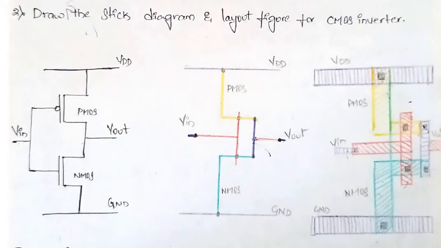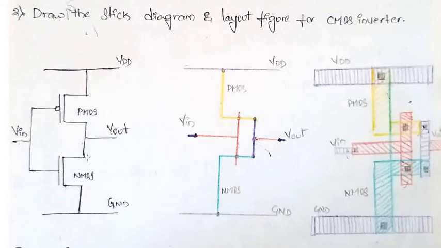Then for your upper part you will be having a yellow line. In the micrometer based design rules, we have seen that we are changing the color of PMOS to yellow. First it was brown, now for more development it has changed to yellow. Then you have to give the yellow lines. Next, for N diffusion it is given as a green line. Okay, this is clear up to here.